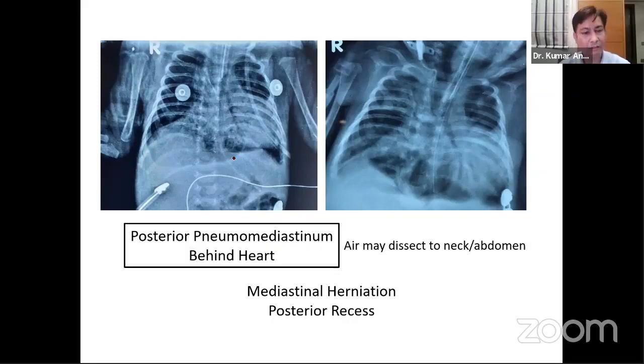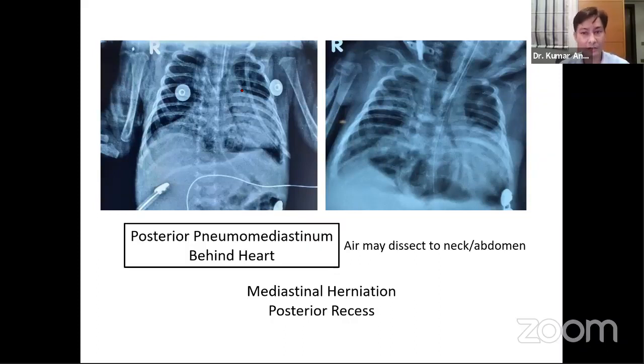If you look closely, the posterior recess of the right lung is hugely filled with air, even if there is no leak visible in the pleural cavity. And there is a mediastinal herniation towards the left side from the right side. So if this type of patient is not manageable, in that case you have to put a drain because they would require a very high setting. So any air in front of the heart, look at the posterior recess, look at the mediastinal shifting to the other side. Because of herniation, you can put a drain.